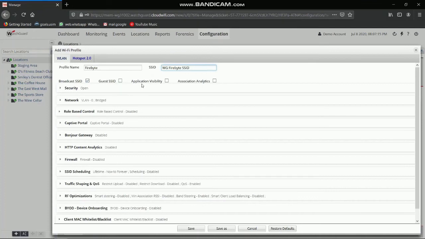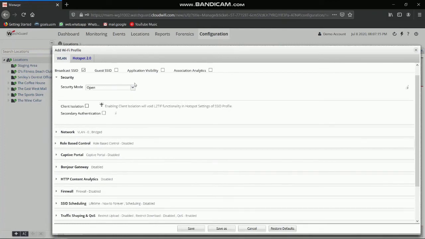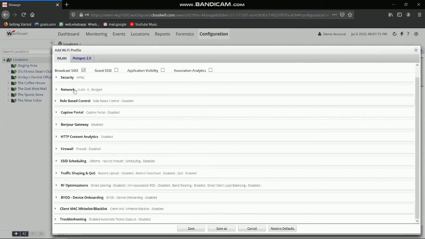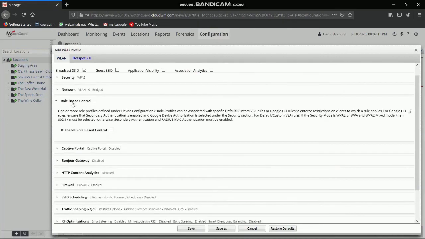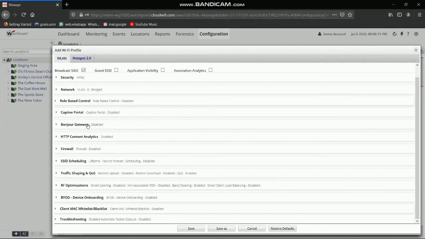guest SSID, application visibility, or association analytics. And here are the options. First is the security, whether you want to make the Wi-Fi open or set a Wi-Fi password. Next is the network, setting the VLAN ID, the role-based control, the captive portal, Bonjour Gateway,